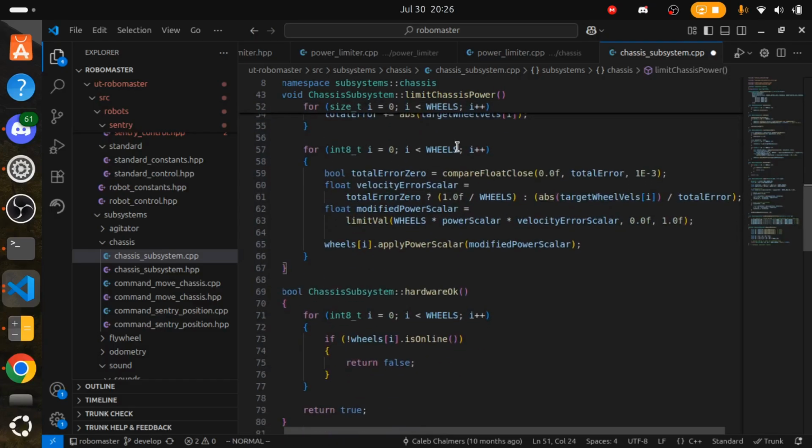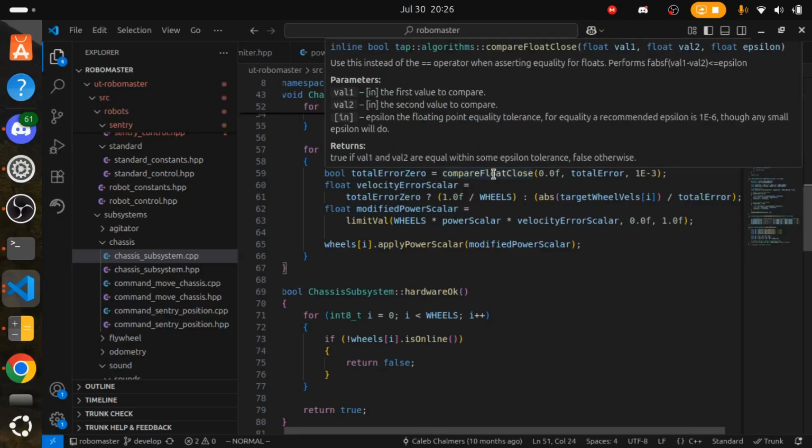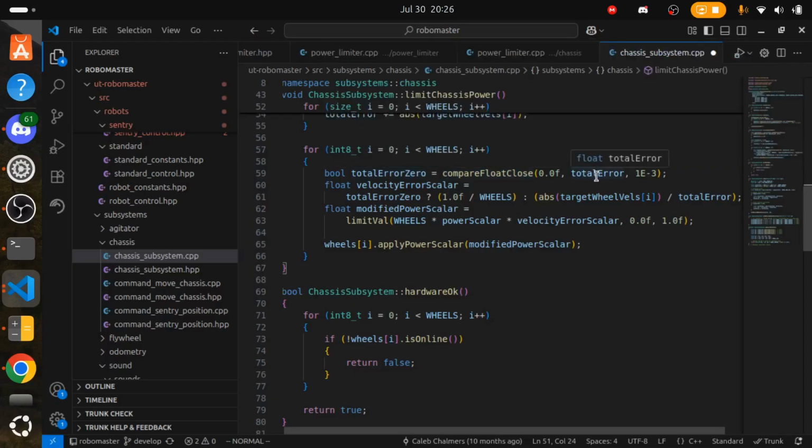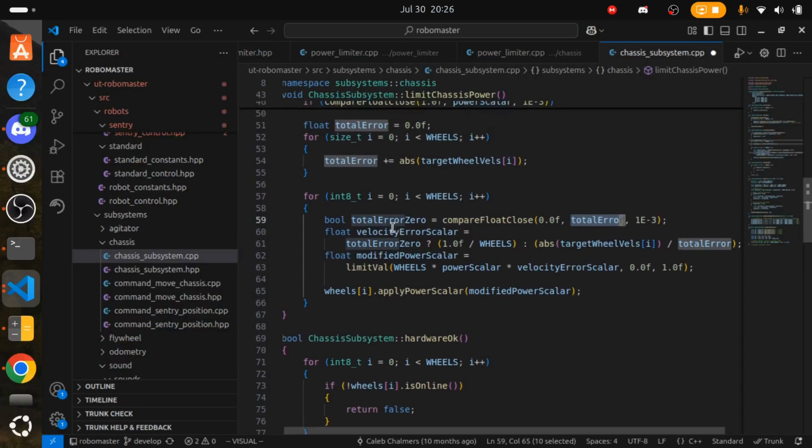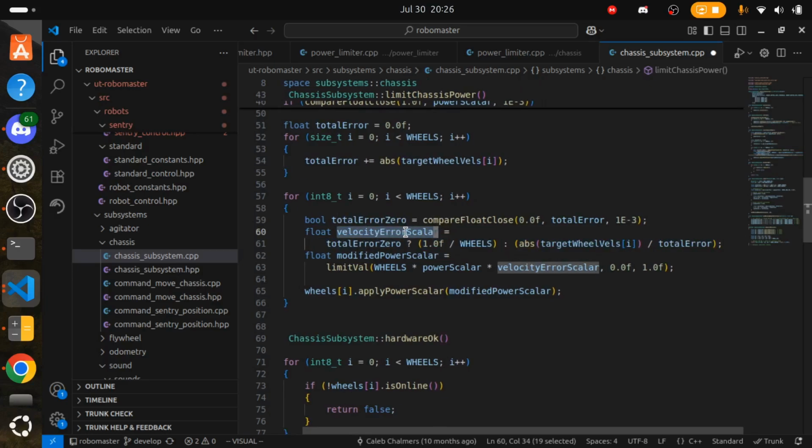Oh, yeah, let's see. So for every wheel, total error 0 is equal to compare float close. Use this instead of the equal. So if the total error is 0, so we take the total error. Yeah. So if it's close to 0, if the wheels are basically close to being still, so